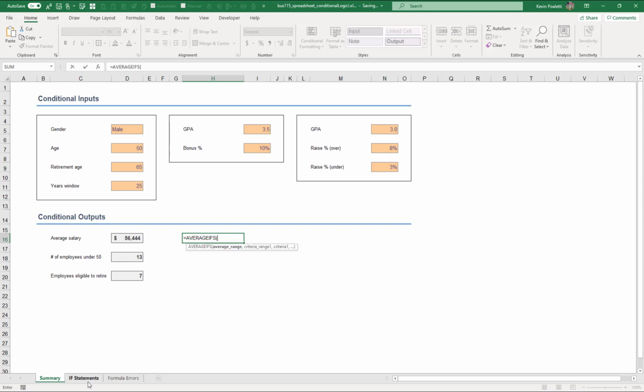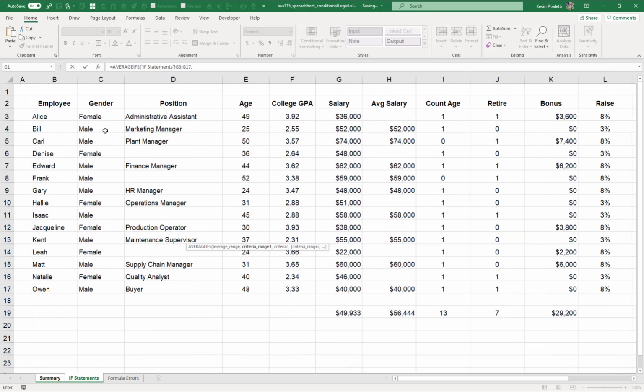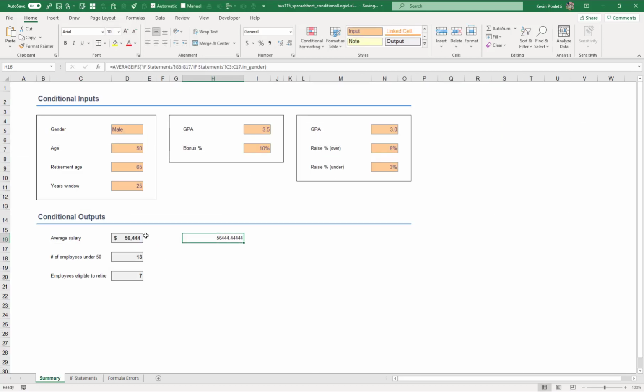So if we want to take an average of a specific range, let's just say we want to take an average of this salary range, and we have a criteria range that we want to evaluate, let's say here, the gender. I can then choose that input gender, close the parenthesis, and calculate